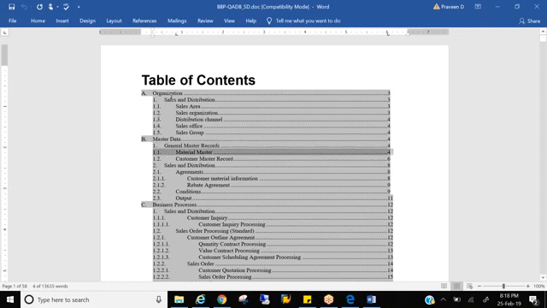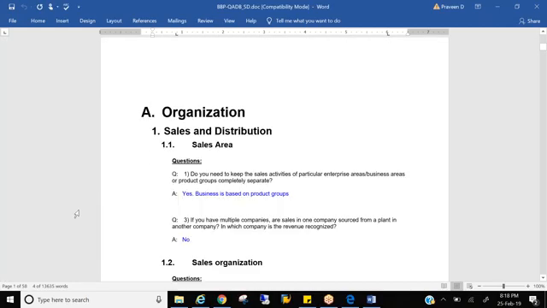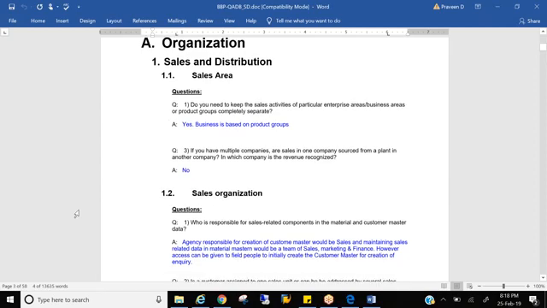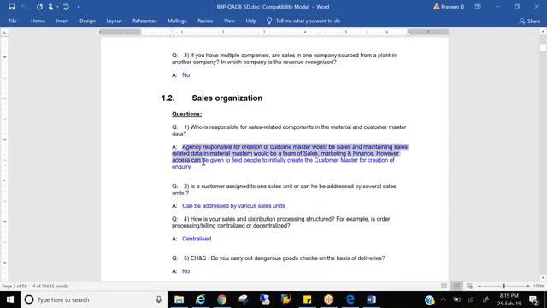What you do is take this particular document when you go on site and start asking the questions. What kind of questions would you be asking? Do you need to keep the sales activities of particular enterprises, business areas or product groups completely separate? Yes or no? Some questions need yes or no. Some questions need a one-line answer. Some questions need a little description. Some questions would need